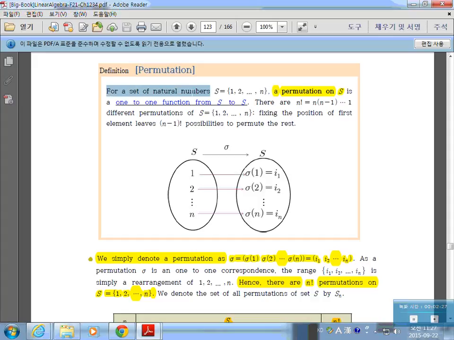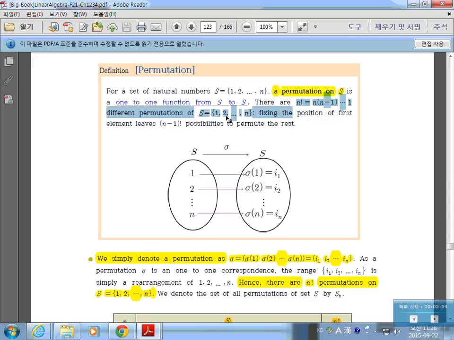For the set S of natural numbers from 1 to n, a permutation on S is a one-to-one function from S to S. So there are n factorial different permutations of S,